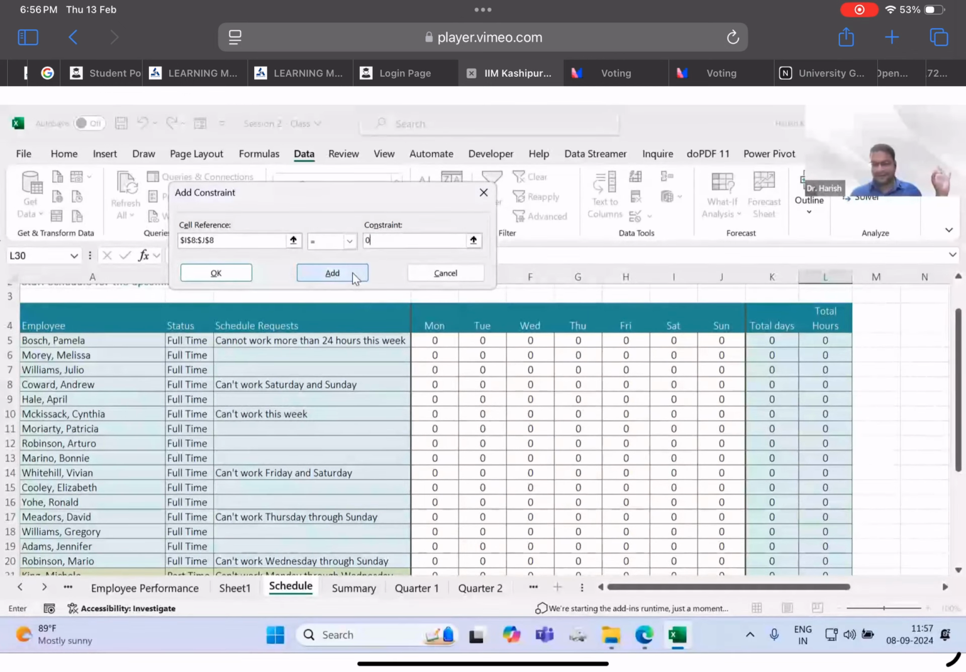Sir, only Saturday, Sunday. Last one. But the third one cannot work on Saturday, Sunday. So in the case of Andrew, row number 8, Saturday, Sunday should be 0. Make sure my software considers that 0. That means not to assign any duty for Andrew on Saturday, Sunday. Other than Saturday, Sunday, he will work all of the 5 days. Right? If I click on add,